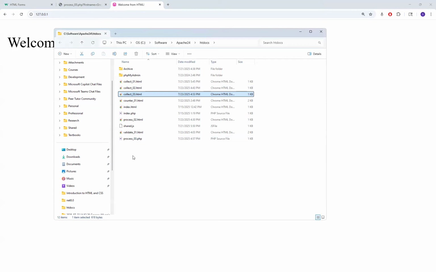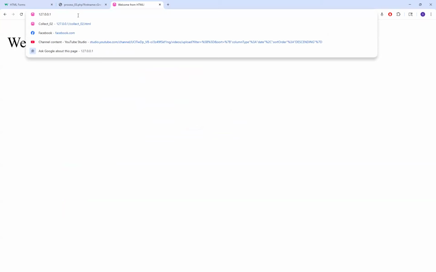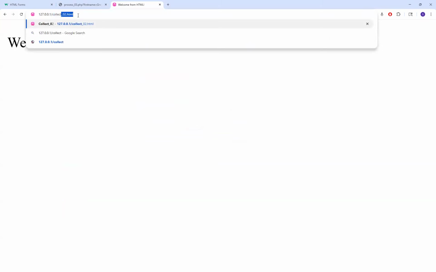Well, it's important in this example that you recognize where you are in your website's root folder, in this case, htdocs. That will vary depending on your Apache server installation, or for that matter, your web server installation period. However, you notice that I have all of my files currently in the root directory just to make life a little easier. And so what I can do is simply specify that I want to run my